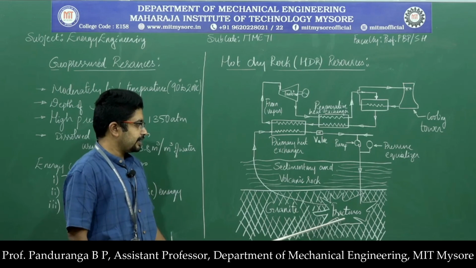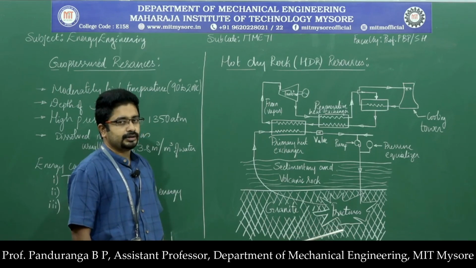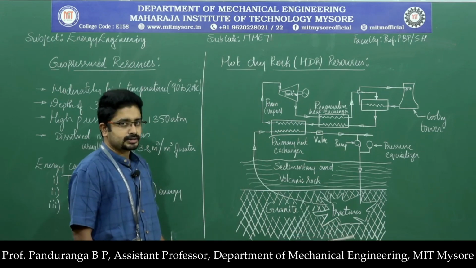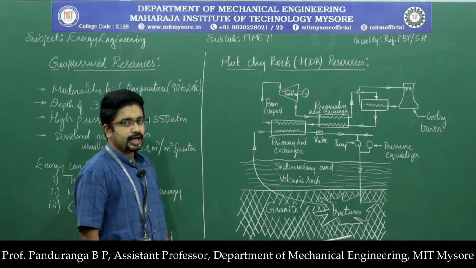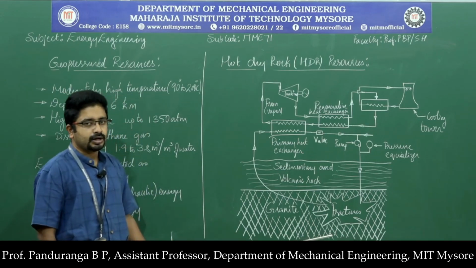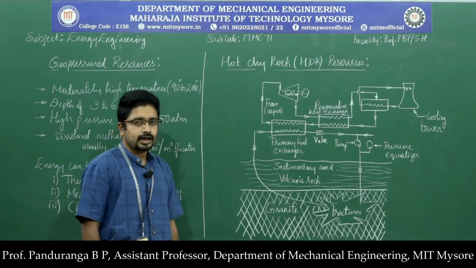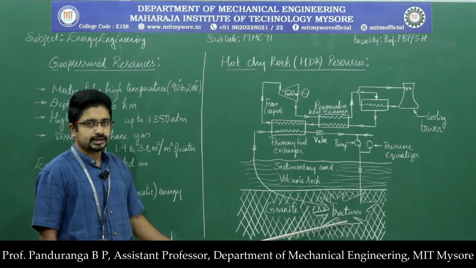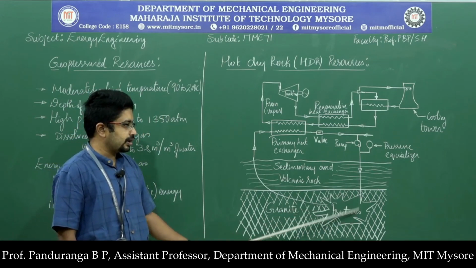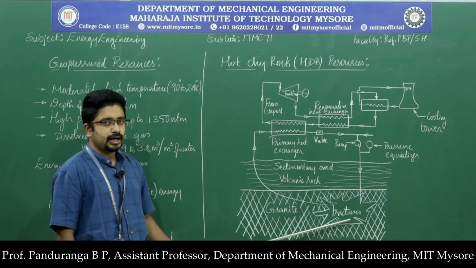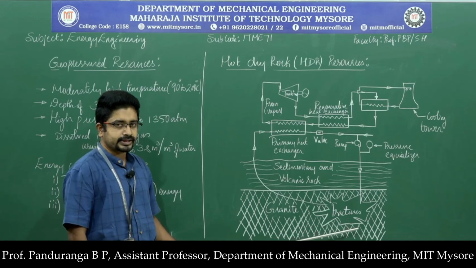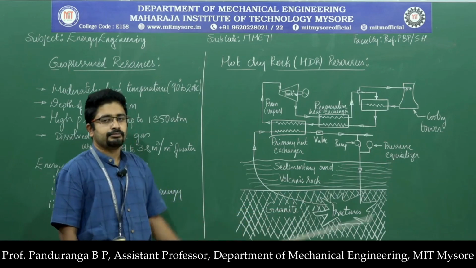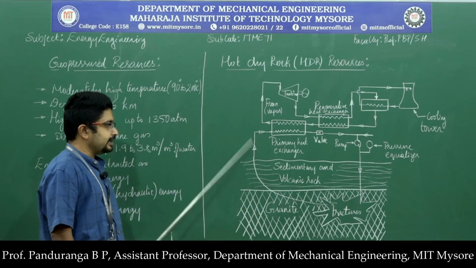So here we have a geothermal source where we have a hot dry rock. That's why the name, it is hot dry rock. We have a rock which is dry, there is no access for groundwater, and it is very hot. So this hot dry rock can be used as a source to utilize geothermal energy. What we do here is we create fractures, and we allow water to flow into these fractures, and we need the water to be in liquid state. For that purpose we use a pressure equalizer. This pressure equalizer maintains a constant pressure in the primary circuit.